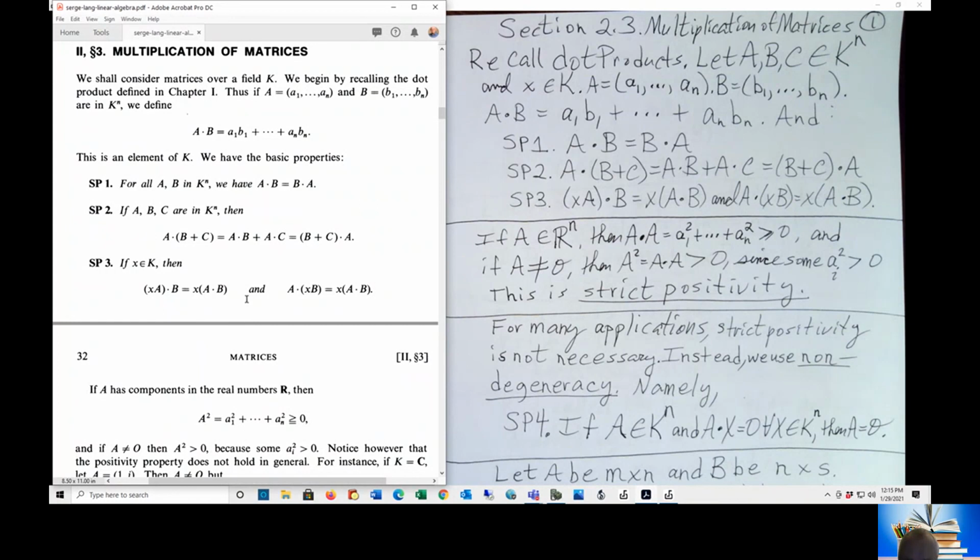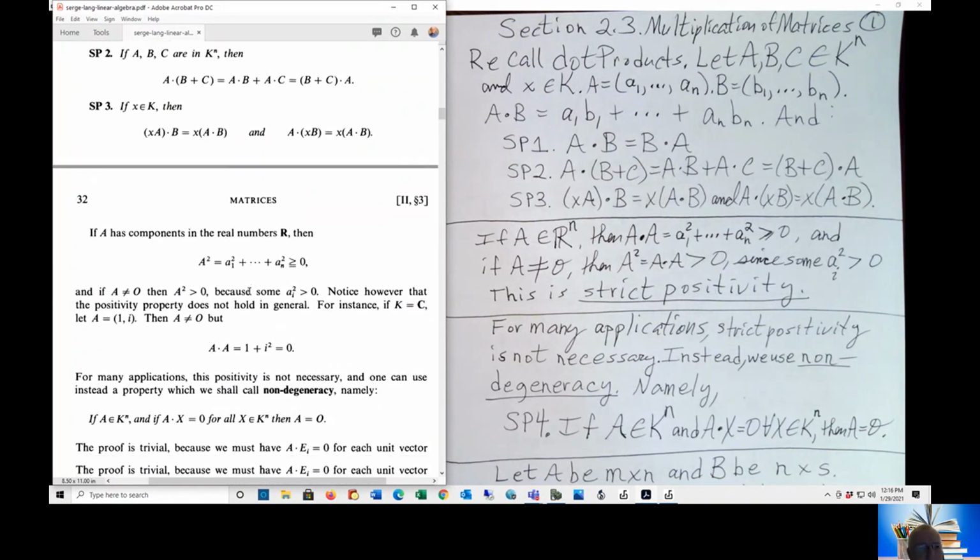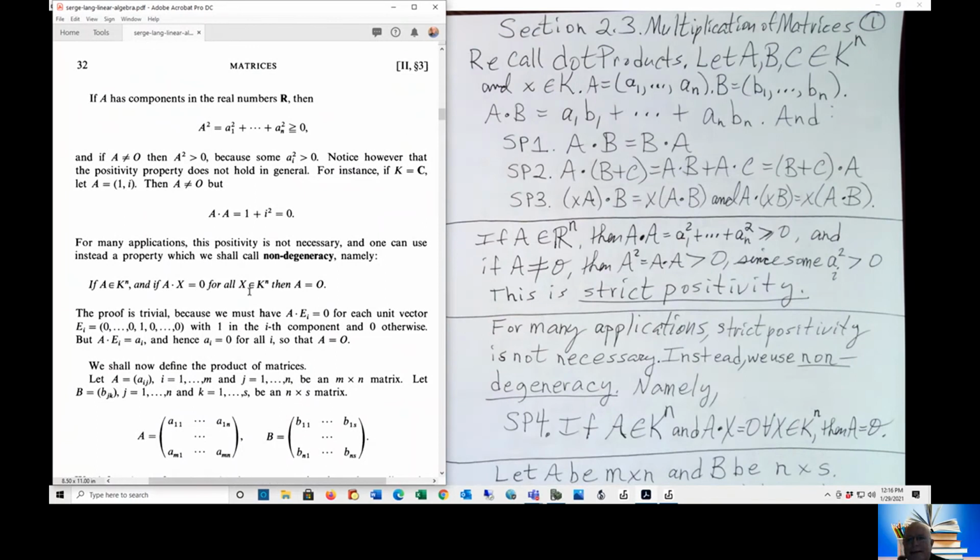And we have the three properties, SP1, SP2, SP3. The dot product is commutative. A dot B is B dot A. Number 2, the dot product is distributive across addition. And number 3, scalars go in and out wherever you need them to be. Now, we're going to look at another property called strict positivity and then non-degeneracy. Now, notice that for Kn, or in